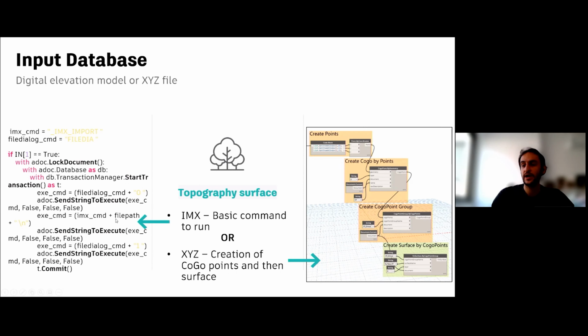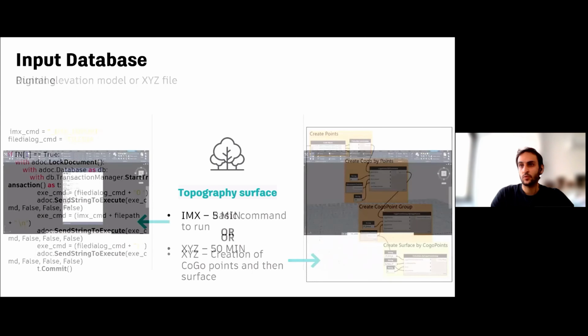For the IMX, we are using send string to execute also a CV3D API inserted in a Python node. And for the XYZ, we are creating Cogo points and then the surface. So basically, some nodes from CV3D Toolkit and from Dynamo for CV3D, okay.